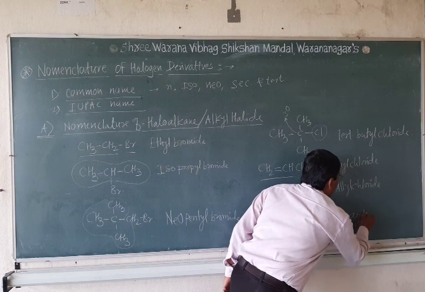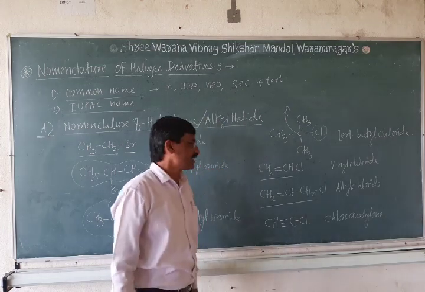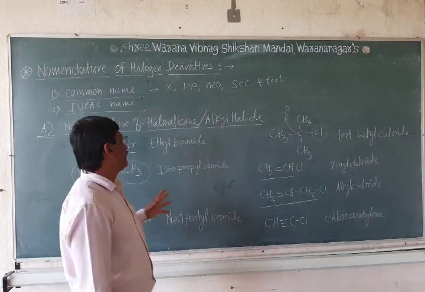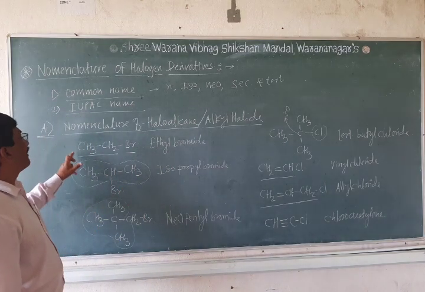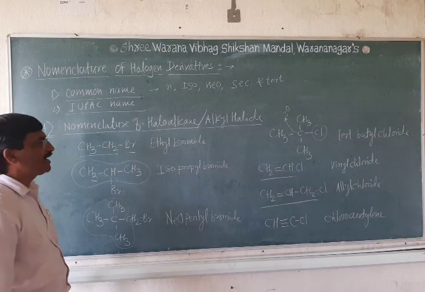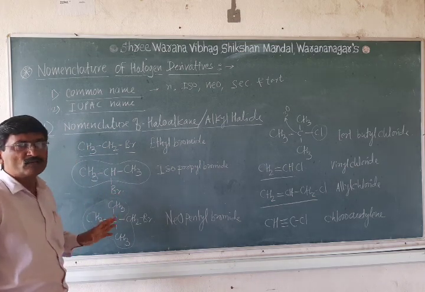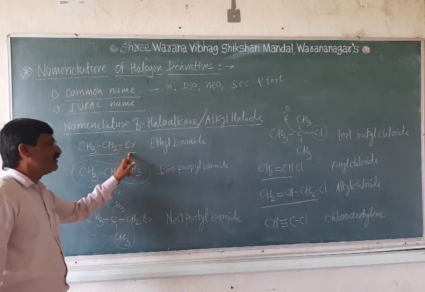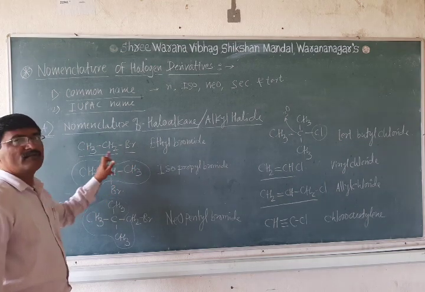Chloroacetylene is there. And that's why, for the common name in case of alkyl halide or RX, R stands for any alkyl group, X stands for any halide group. If you write the straight chain, that time it is a normal one, that is nothing but bromoethane,